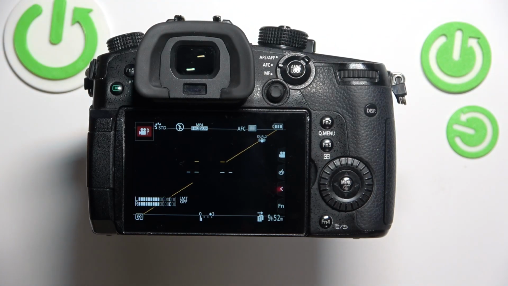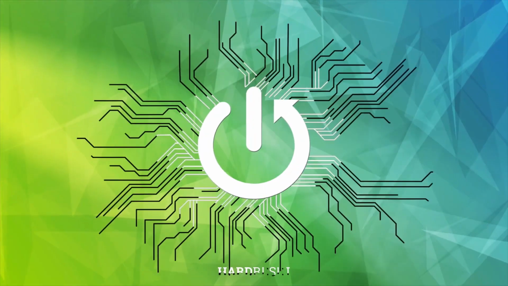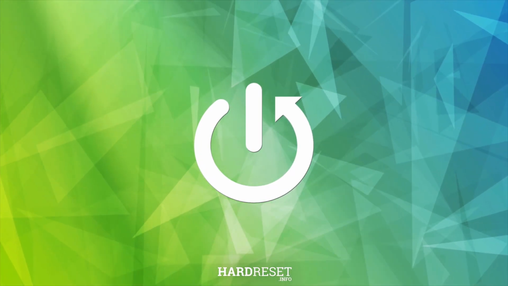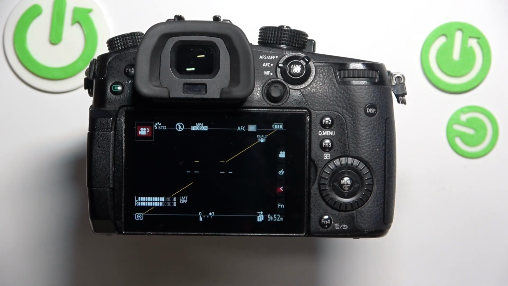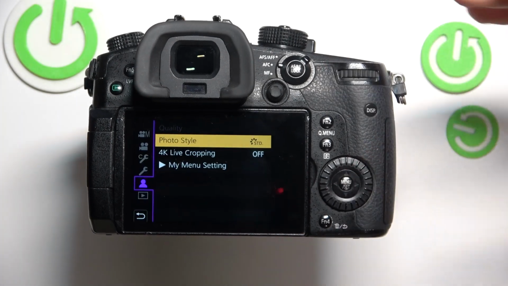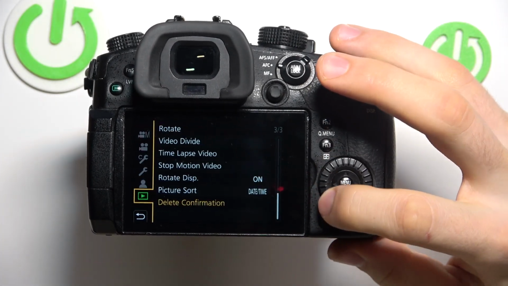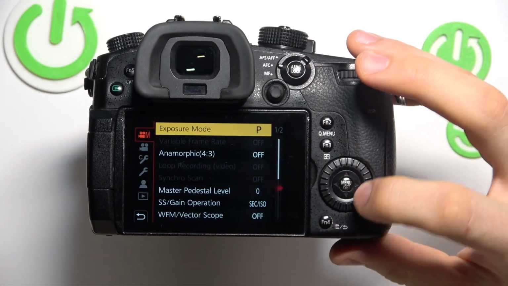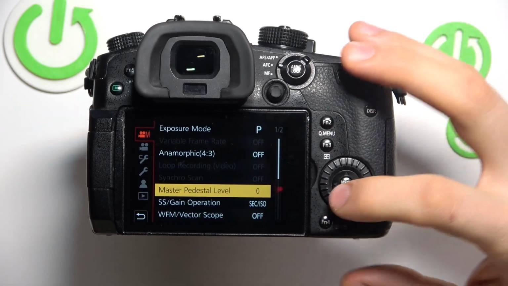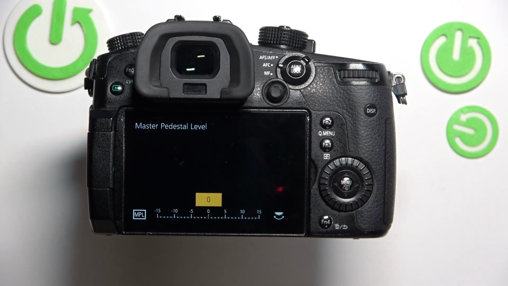In front of me, Panasonic GH5, and now I'm going to show you how to set up Master Pedestal Level. So, Master Pedestal Level you can find in the menu, then scroll up to Video Manual, and here you can see Master Pedestal Level. So this level helps you to adjust the black level or brightness of the shadows in your